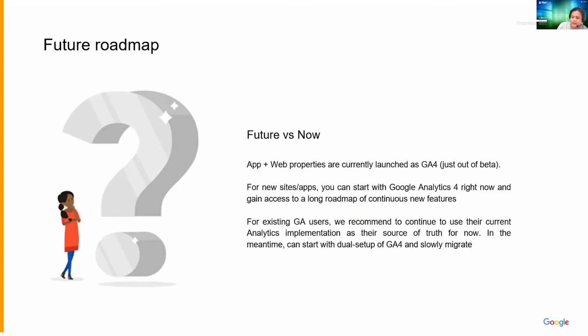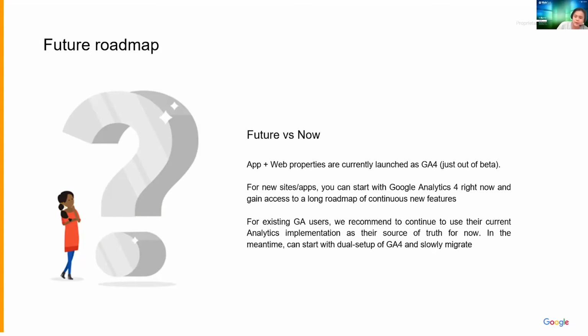Launch of GA4 does not mean that GA3 is no more. GA3 is still standing around. Firebase is still standing around, all right? Google doesn't have any plans to shut down the older version as of right now. It's gonna probably last for quite a long while, at least a couple of years or more, all right? So feel free to continue using your current analytics and feel free to continue reporting from your current